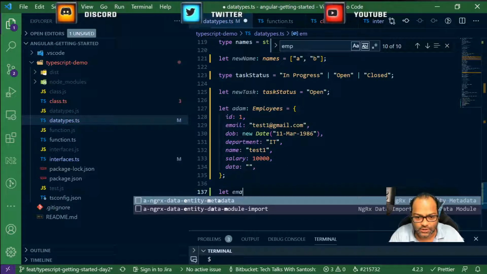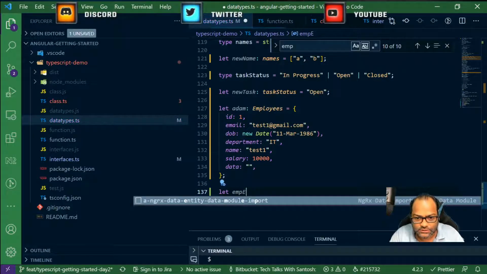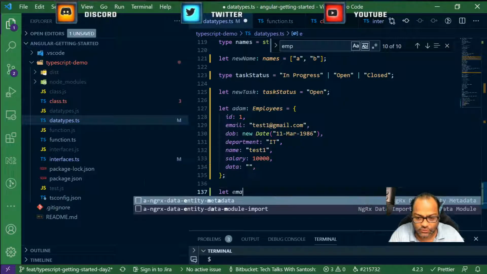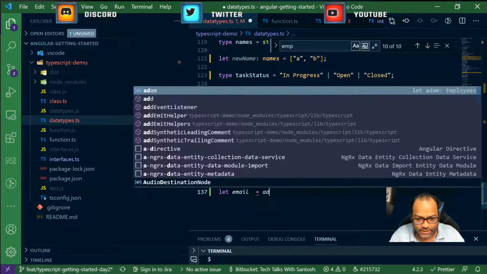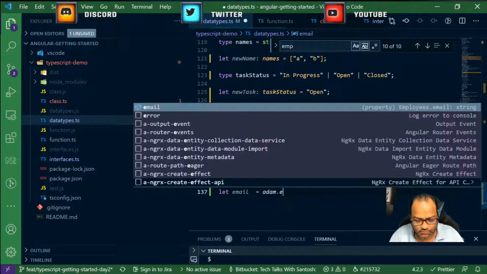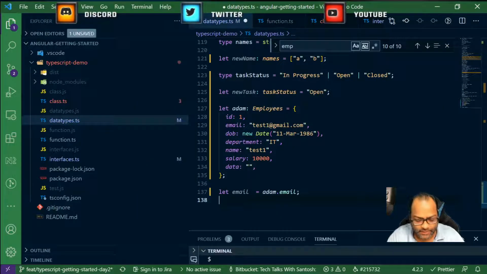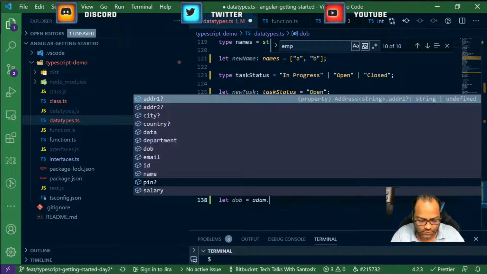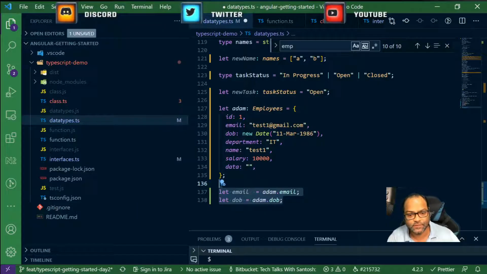You can do new, for example, emp email, because let's try with email. I don't think email is defined, so I can just do this, right? I can say Adam dot email, and then I can write date of birth equals Adam dot date of birth. So we have to write this in 2 lines.